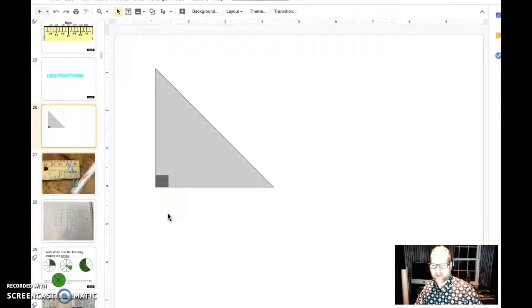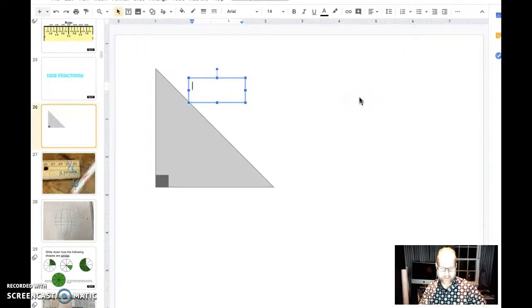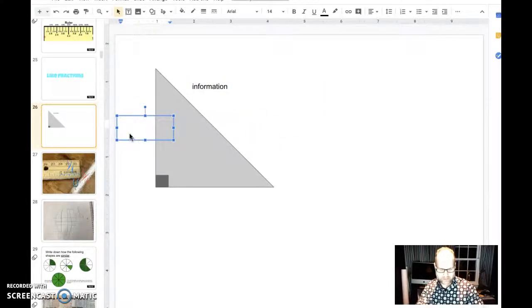Well, a friend of mine was showing a video of a kid using Flipgrid, and I had the idea, I've done this before, where you can make a video and then upload it to Flipgrid. So let's say you're teaching the Pythagorean theorem and you want to put in some information, and you can have the kids actually teach while